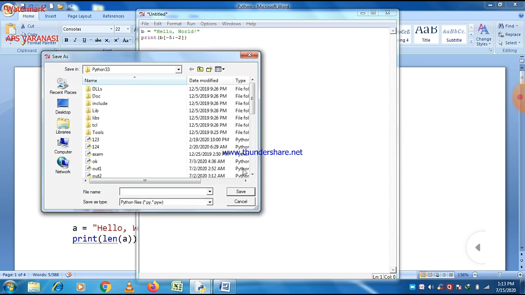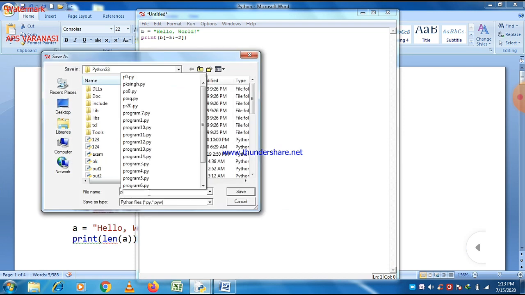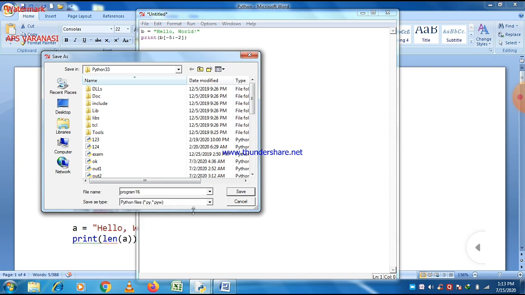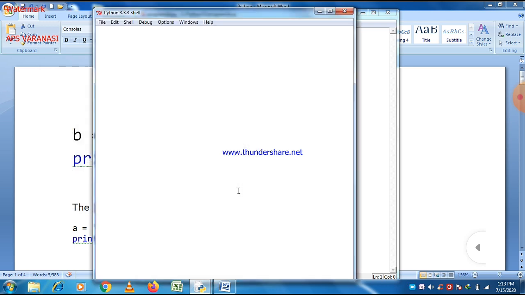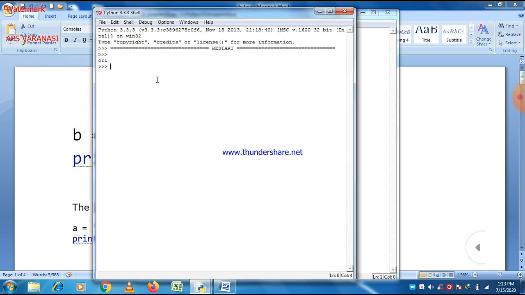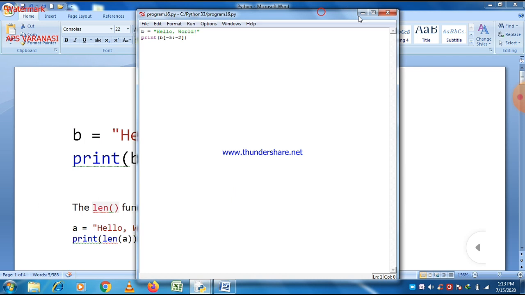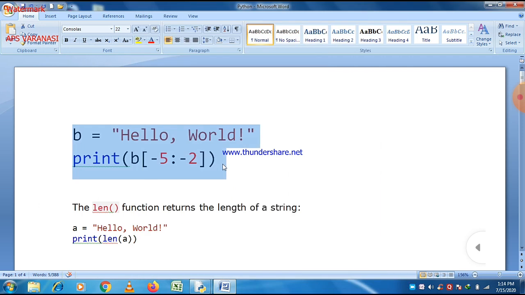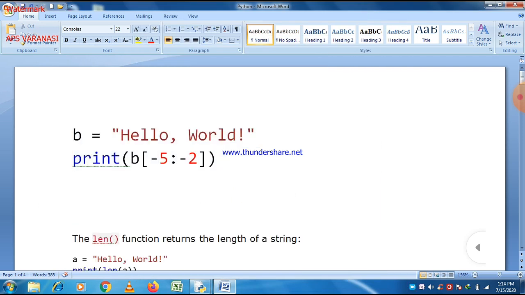Press ok, save the program here, give a name, and if a file with that name already exists, then it is overwritten. Save the work, and you can see that ORL is the answer. So what is the answer? ORL is the answer.